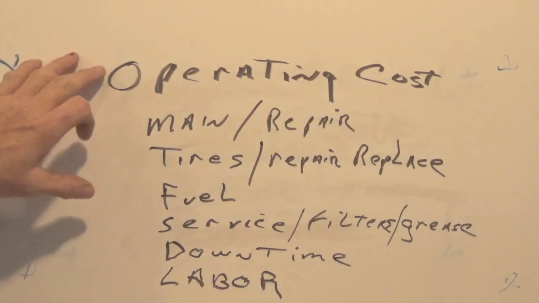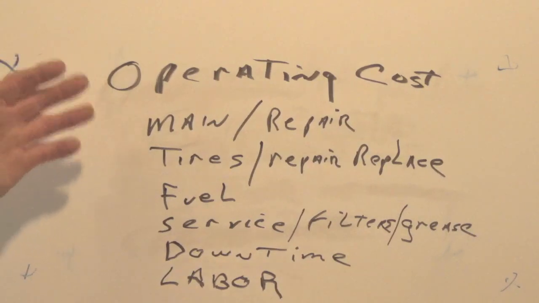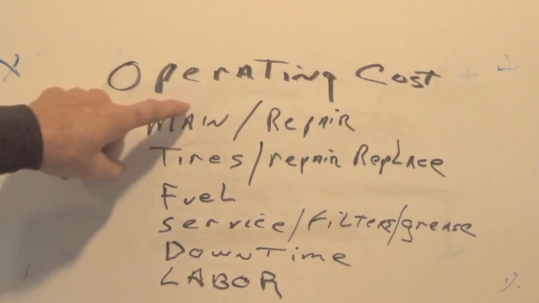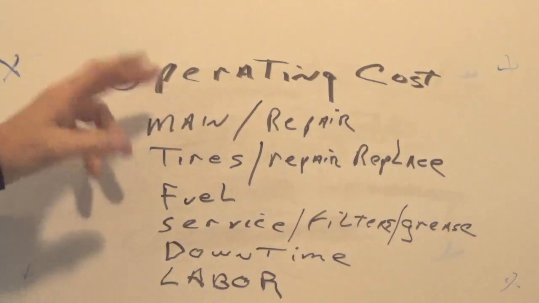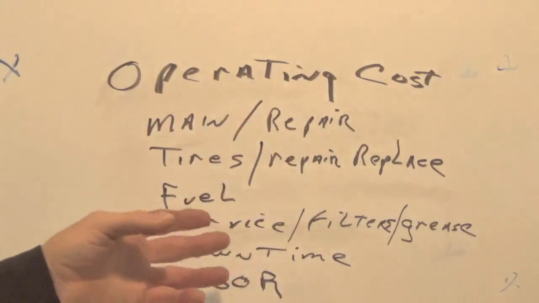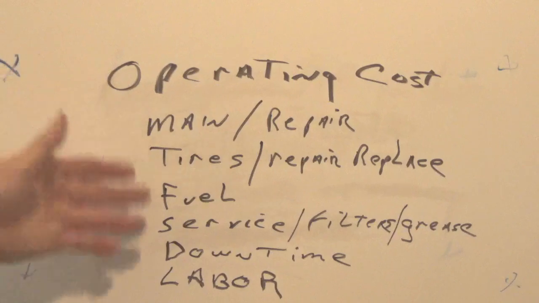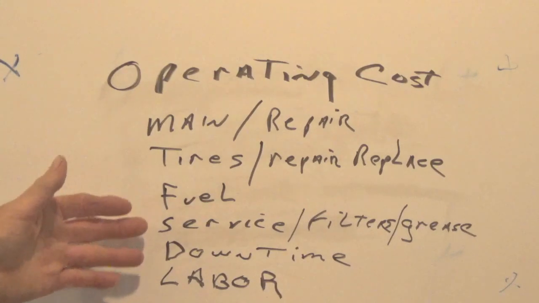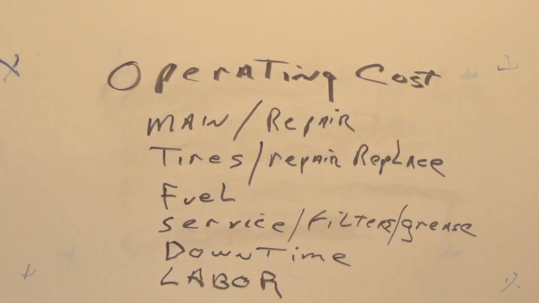So operating costs, ownership costs. Think about that. So in operating costs again, repairs, maintenance, things like tires, you need to repair or replace them. Fuel, whatever kind of fuel that thing uses, we're talking about equipment now, okay? Downtime, getting back to this downtime, like I say, a lot of people think, well, for instance, if you are